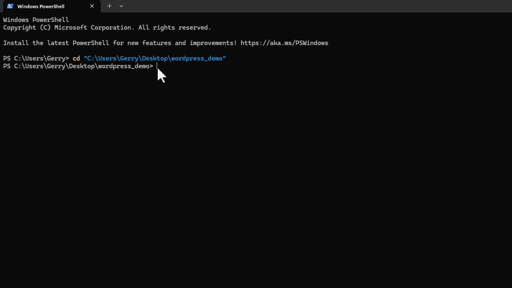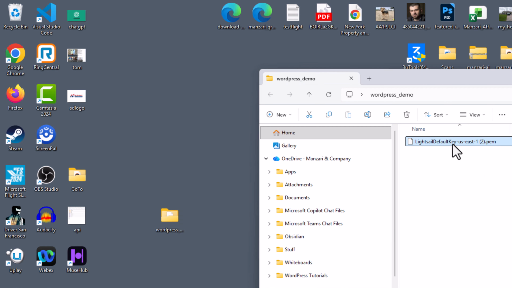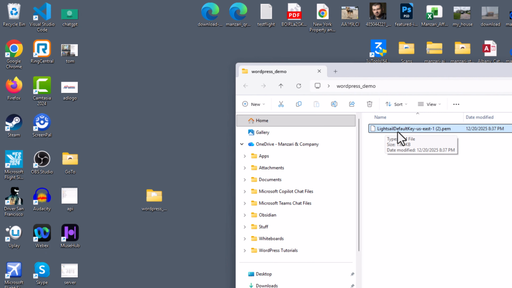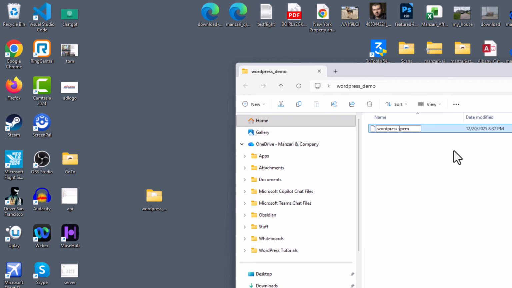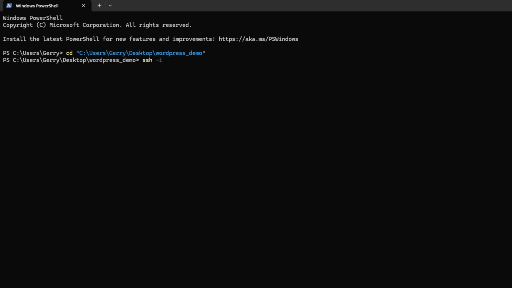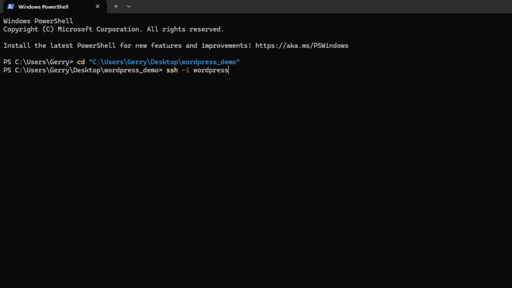Now that we're in that folder, we can SSH into our server. Just type in SSH space -i. This is how you're always going to start out this command. Then you put in the name of that file. If you go to your desktop and go to that folder, you'll see this long name here. To make it easier, I'll just rename this to WordPress-demo. This way we make it a lot shorter. Now we can come back to PowerShell and type in WordPress-demo.pem